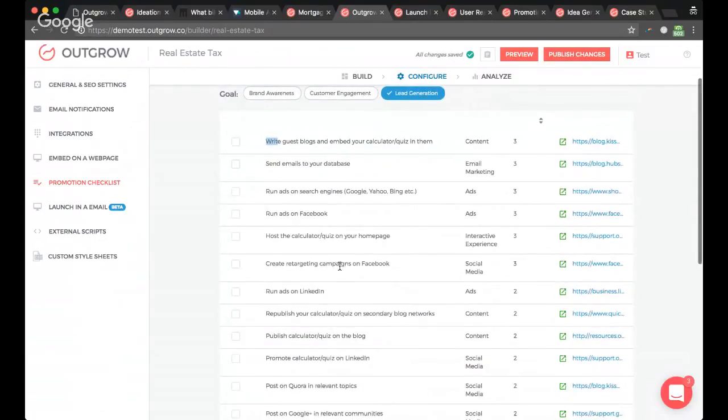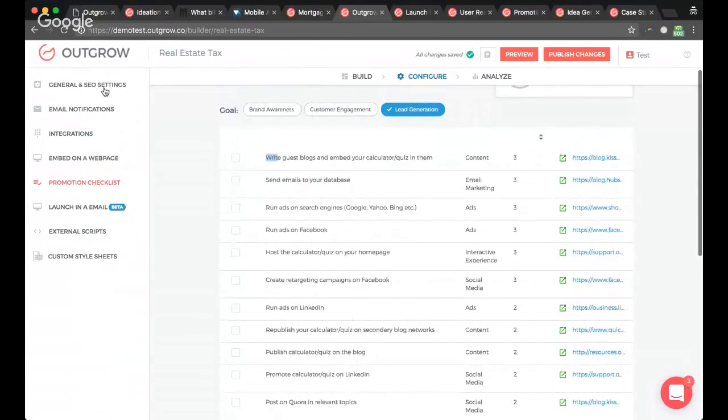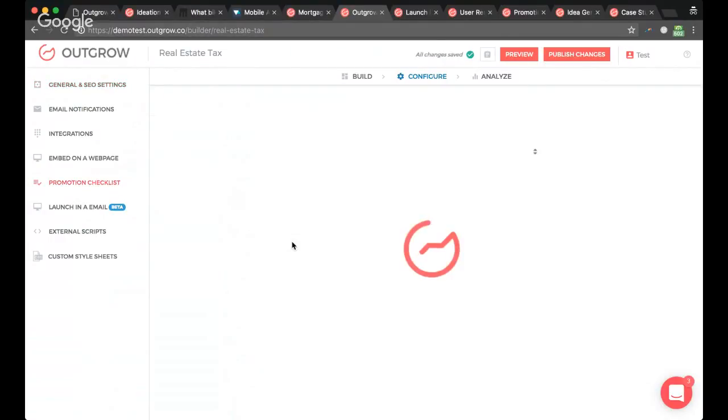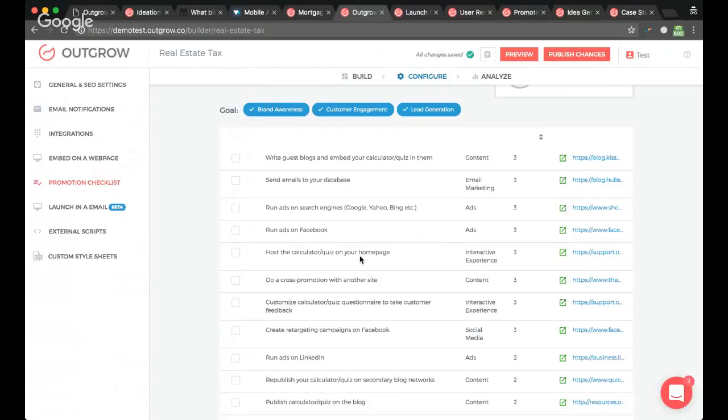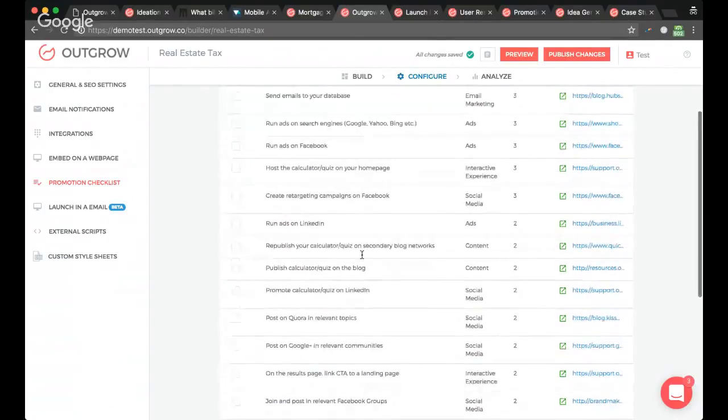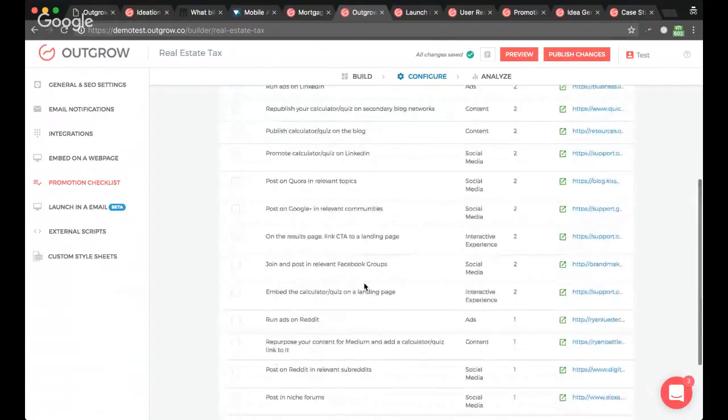Of course, retargeting. So what you can do is you can add a Facebook pixel. Okay, when I click under General SEO settings, I can add a Facebook pixel and a Google Analytics tracking ID. And so then the Facebook pixel allows you to retarget people. You can retarget people on Outgrow and people from other experiences. You can run ads on LinkedIn. So there's a lot of different things. One thing I did want to highlight was